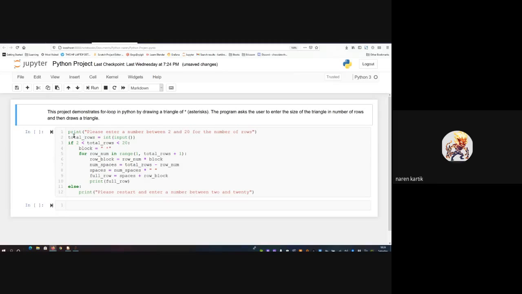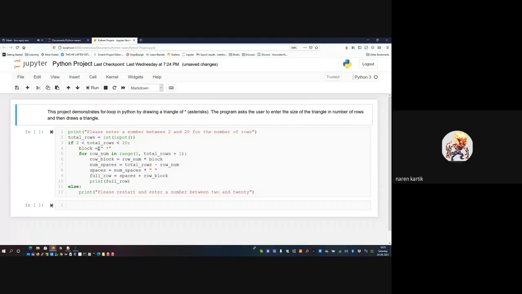Next, we input it and make it into an integer because we need it to be an integer. And then we check if it's between 2 and 20, because we need to know if the triangle will be just the perfect size in the middle, too big or too small.